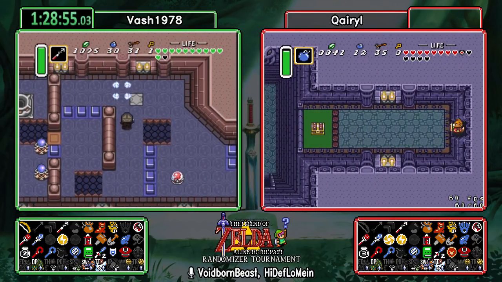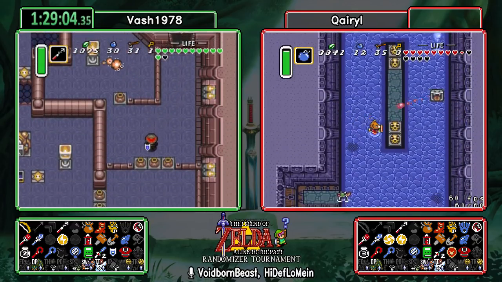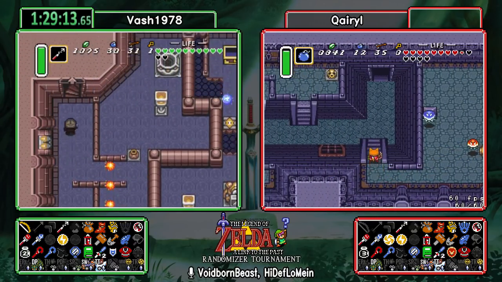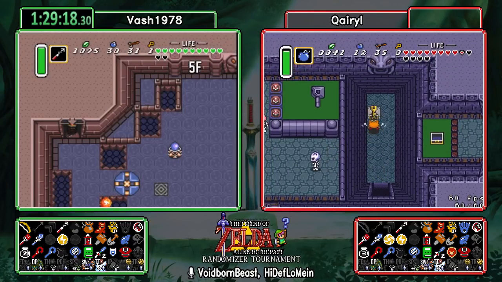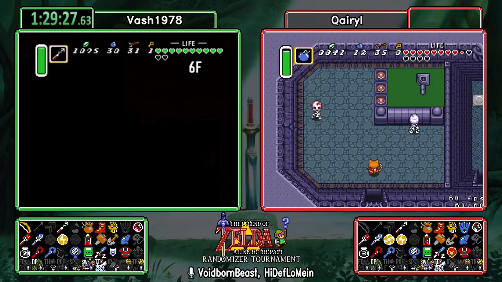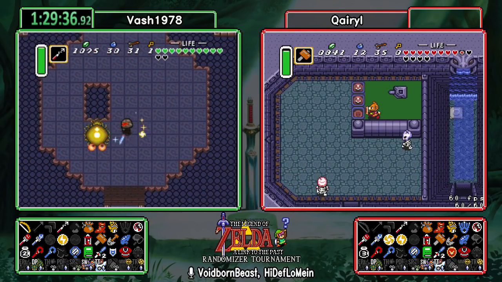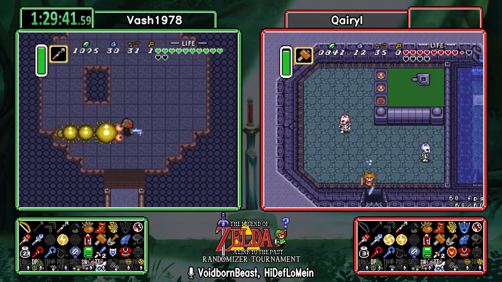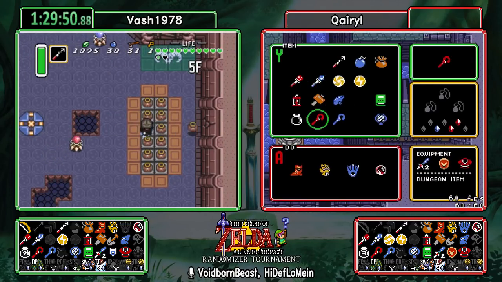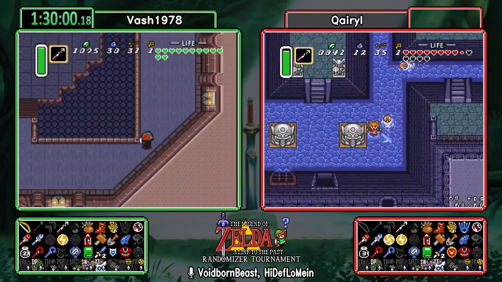Did Vash pick up the bombos from Spectral Rock? I don't know if he did or not. He should be able to check like really quickly if he didn't. So this is pretty unfortunate for Qairyl, unless... no, Pedestal is not alive. Pedestal was actually checked. It's just Couch Cash. But unless Quake is in here in Swamp, this is basically just a huge amount of wasted time for Qairyl. And Trolldorm being Trolldorm. I'm not gonna lie, I'm kind of hoping Quake is here in Swamp, but